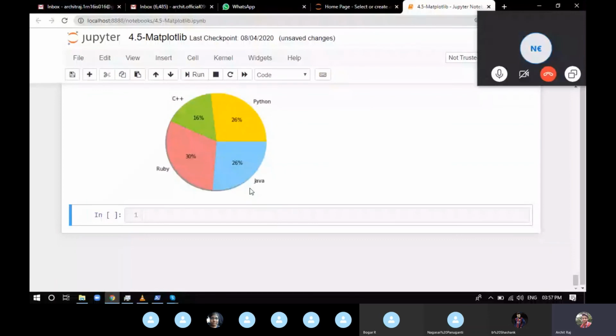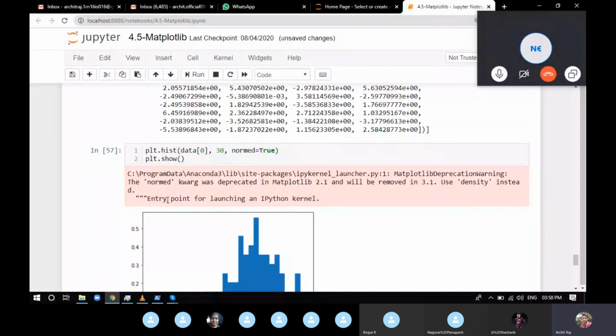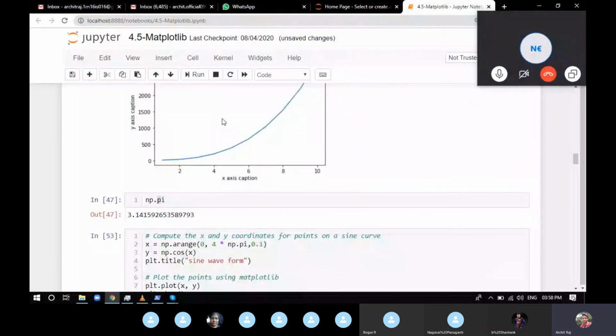Seaborn is more functional and gives you more functionality. But remembering the syntax of Seaborn is a bit difficult compared to matplotlib. You can see matplotlib has a simple syntax: if you want to write a pie chart, plt.pie. Want to make a histogram, write plt.hist. Want to make a plot only, plt.plot. Want to make a scatter, plt.scatter. It's not as similar in Seaborn. You have to specify one or two more things, but it gives you more functionality.